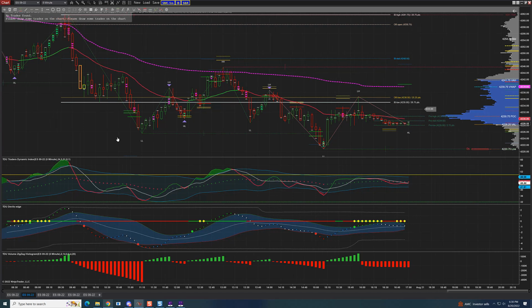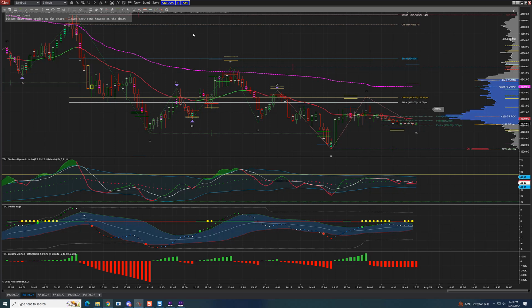So that said, if we're looking here, there's a couple of things to consider. One, what is your criteria for entering the market? Now, I've tried to teach it to you here. Part of the first thing that would have you looking is, well, okay, I've come back to VWAP. Second thing, which